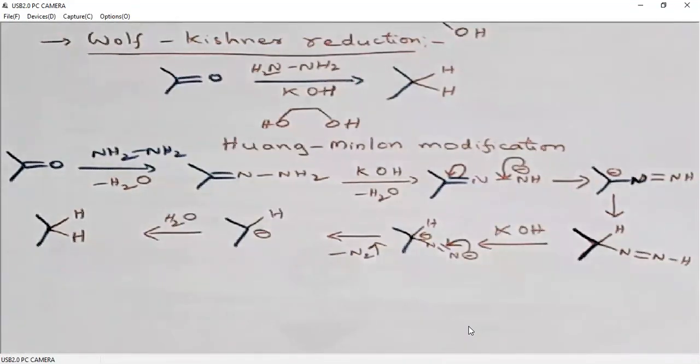This reaction is under basic conditions. Clemmensen reduction is under acidic conditions. Wolff-Kishner reduction is under basic conditions. So if we can apply basic conditions, we can go for Wolff-Kishner reduction. But if we require acidic conditions, we will go for Clemmensen reduction.